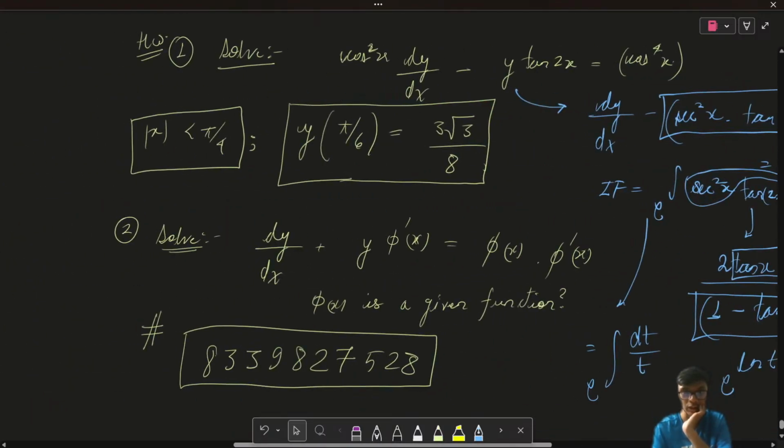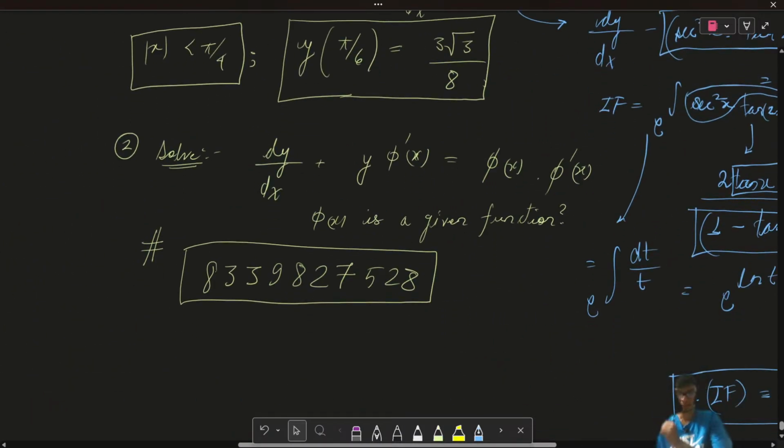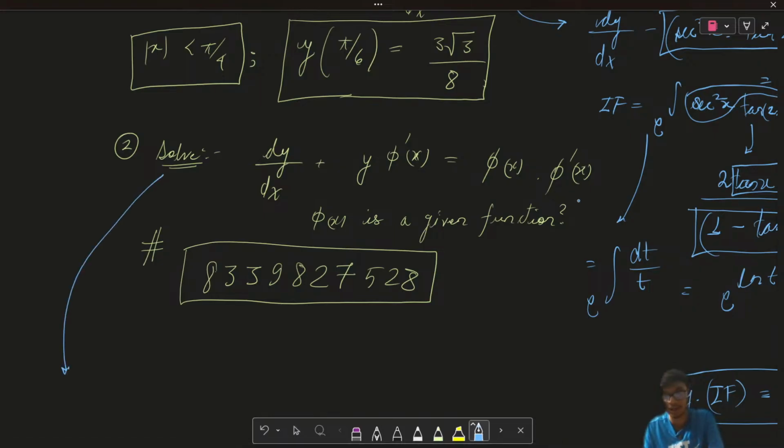Similarly, I hope you have tried to solve this second problem. The second problem was much easier. So here my P is phi dash of x and Q is phi of x into phi dash of x, right? So this can be easily solved, right? And I hope you will be able to get to the final answer, so the final answer will be y